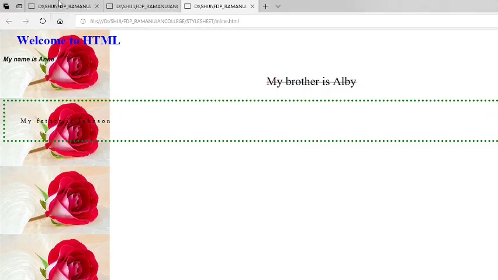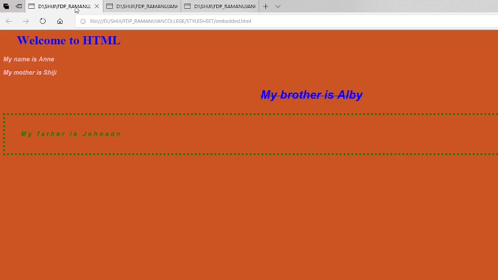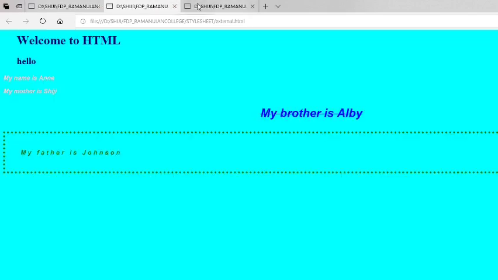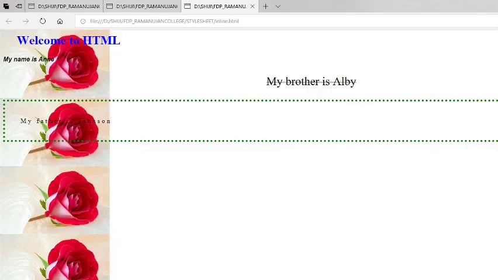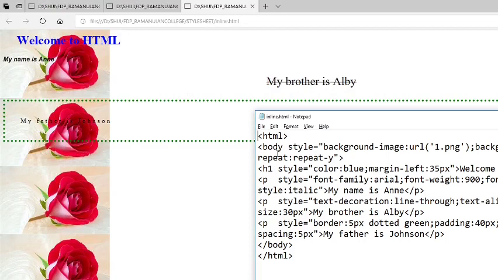First we see inline style sheet. You can see the code for inline style sheet here. You have given background image, some image 1.png, and one more property, background repeat y. It has to be repeated along the y axis.